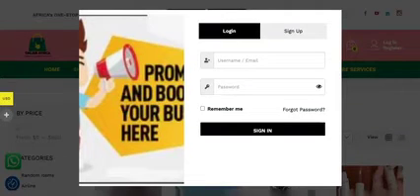in which you're going to log in with your username or email and password, if you are already an existing user. Then for a new user, once you come into the website, the first thing you do,